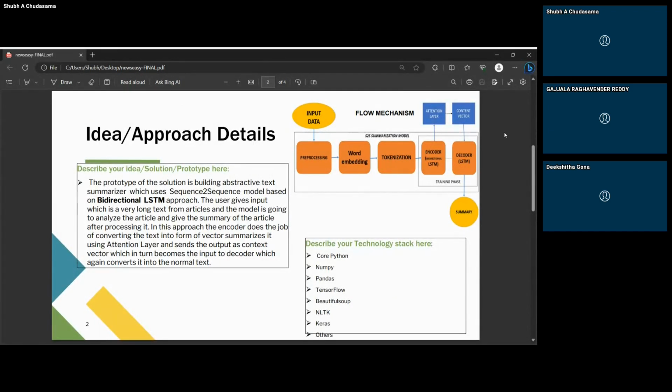In the second slide, they'll ask you to describe your idea, solution, and prototype. I don't want to put a big page of paragraphs, so I've just kept something in a simple way. And don't assume that you cannot change the idea after you present. I presented bidirectional LSTM here, but I used transformers. So you can change the idea accordingly. I'm not suggesting you to do that, but if you think something is more optimal than this, you can do that, of course.